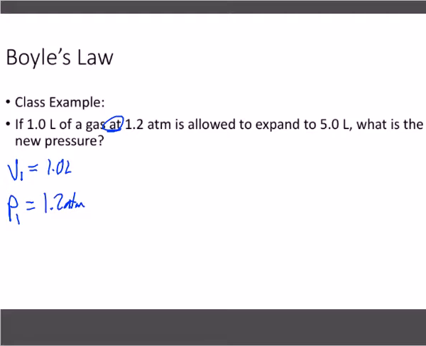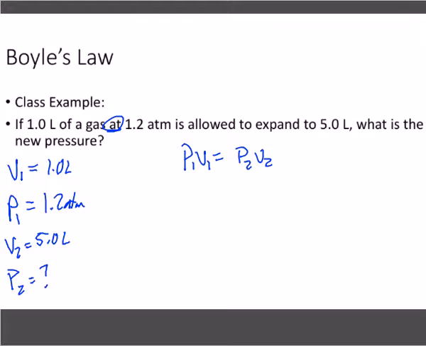Does that make sense? You tracking with what I'm saying? They go together. You've got a volume at this condition, or you've got a pressure at this volume. And then we also have V2, 5.0 liters. So what are we looking for? P2. So we don't have any temperature given to us, so we know we're going to use P1 V1 equals